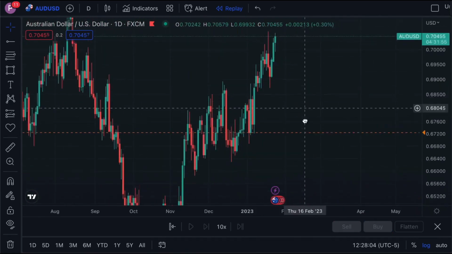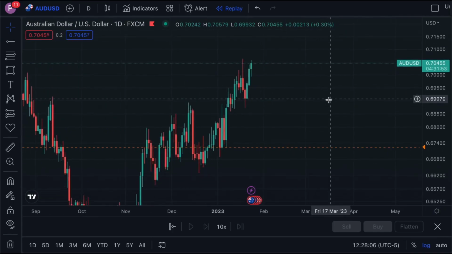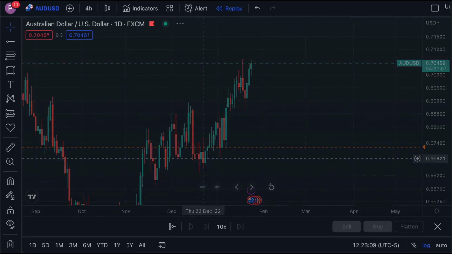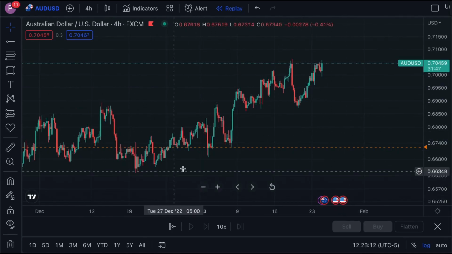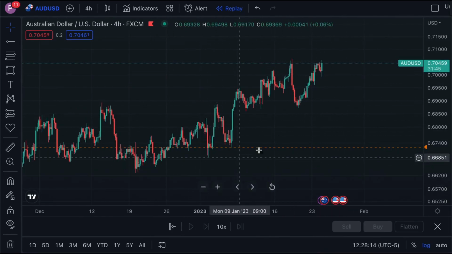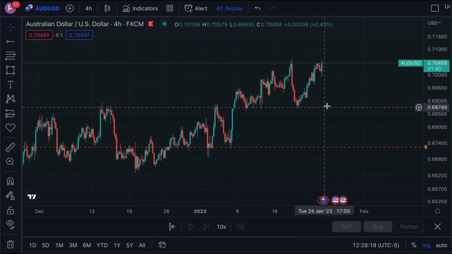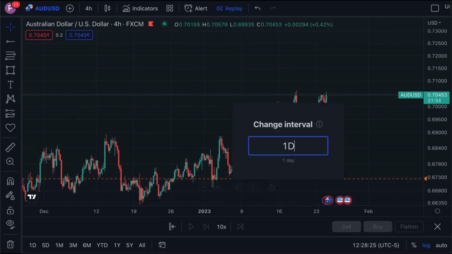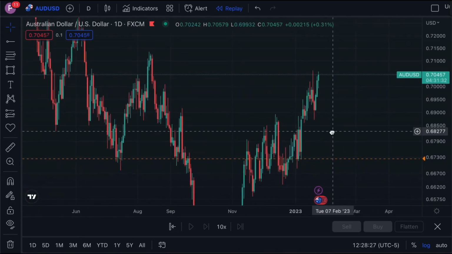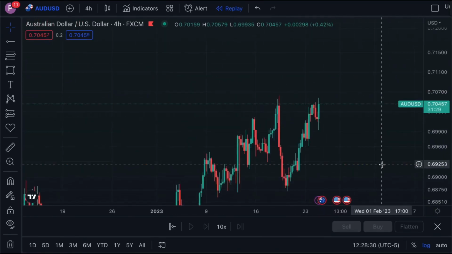So AUD USD, going from the higher time frame, we see that we are bullish. So we should be buying, not selling. We have a bullish market structure. We always buy, we always stick with the institutional order flow or whatever the trend is. And what I noticed was that, okay, on a daily, nothing was too clean. On the 4 hour, what we had on